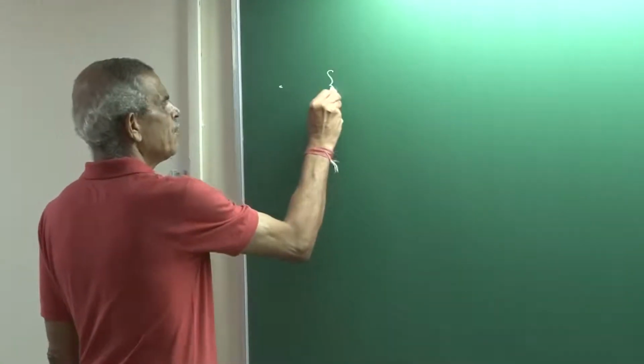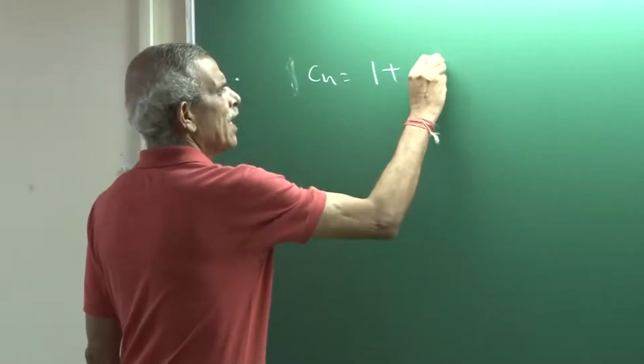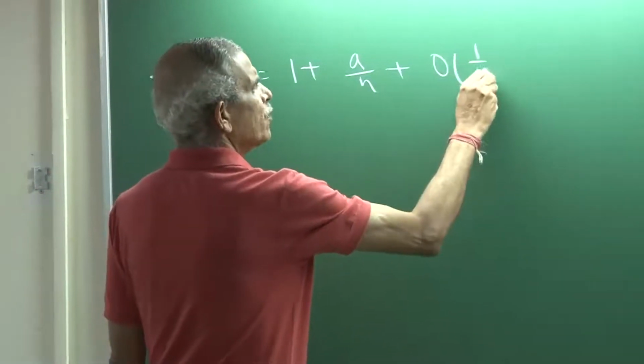So welcome back to this module. What we were doing last time was we derived expressions for orders of various expressions of functions of x bar. In particular, the most general result which we derived was: if my Cn is a sequence of the type a_n plus a by n plus O of n square,